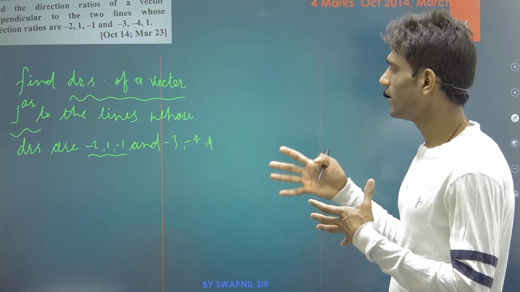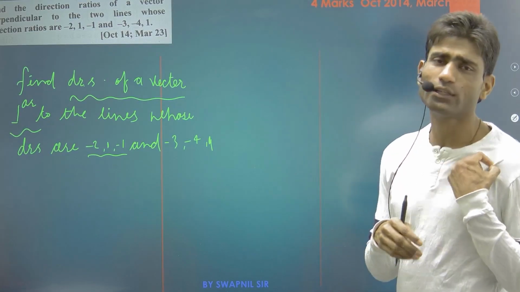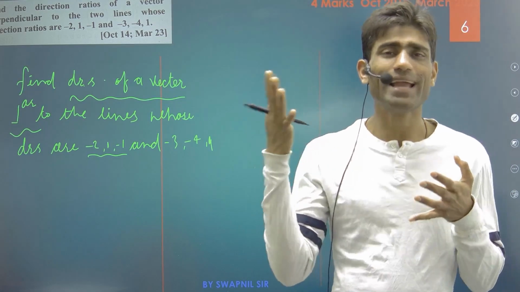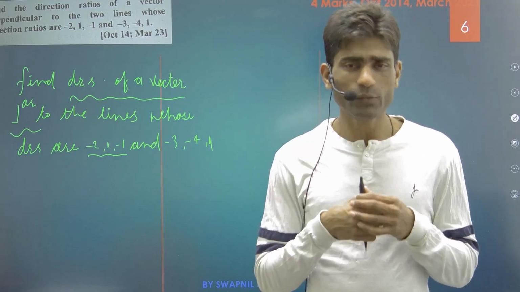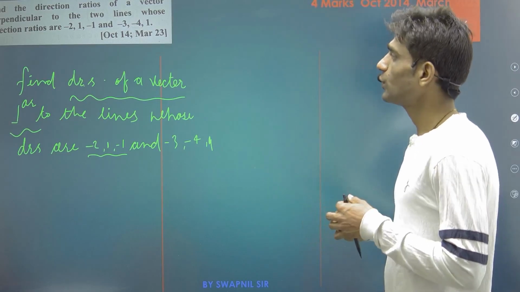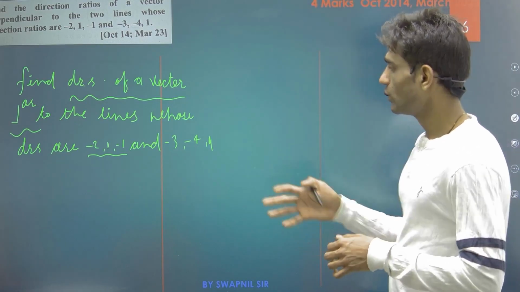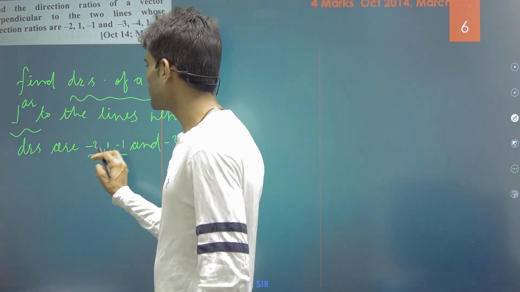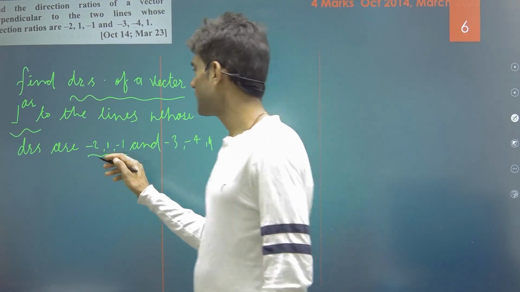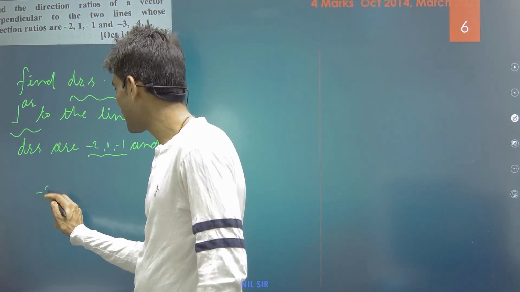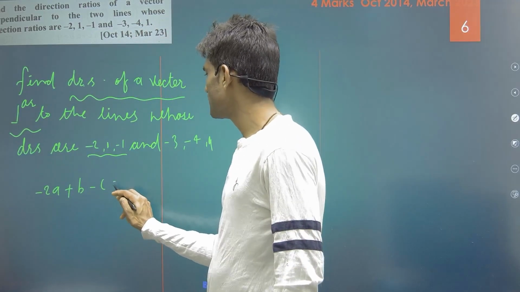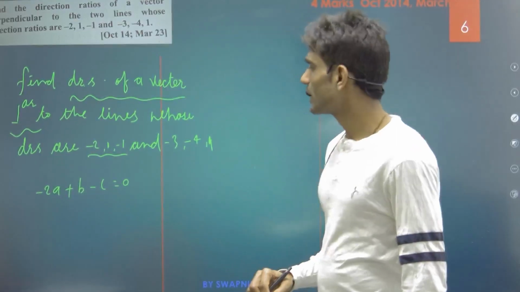Now we are going to convert those into the form of equations in terms of A, B and C. When we have the condition for perpendicularity, I have already explained how we can define the direction ratios for our perpendicular lines. So we introduce A, B, C as the three variables with our direction ratios. We can write it as -2 times A plus 1 times B minus 1 times C equal to 0, which is our first equation.